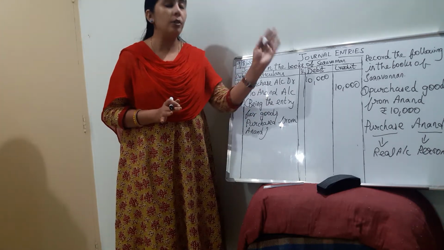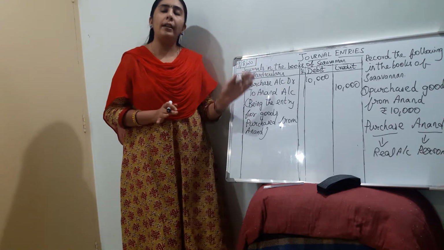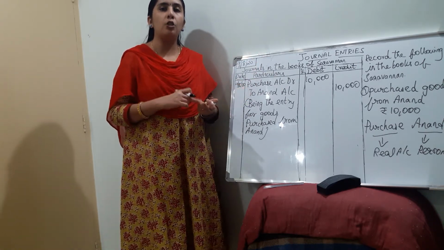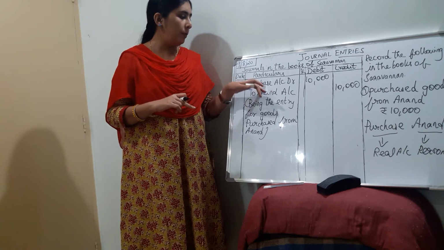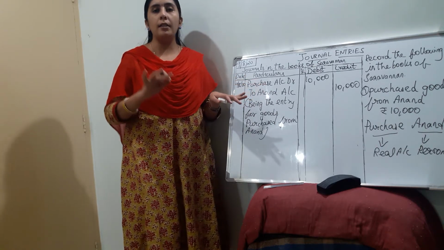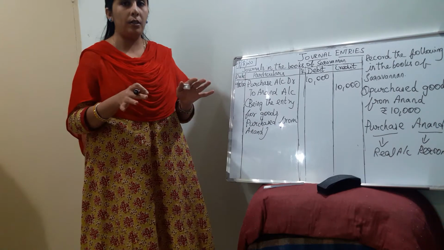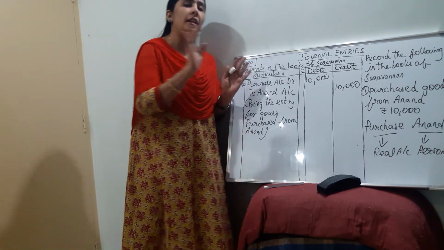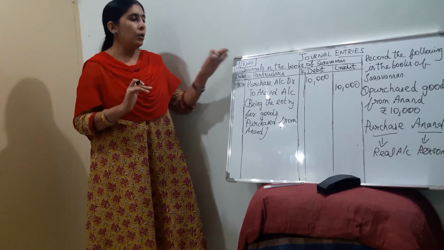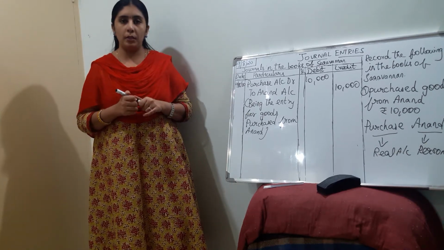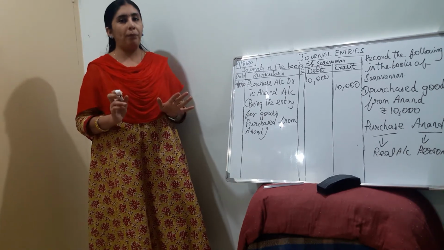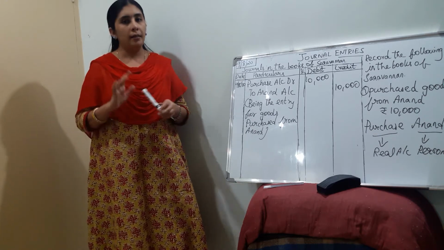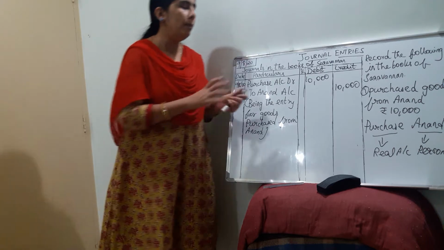As I have not mentioned what kind of purchase, I am just writing it as purchase account. If I am mentioning some machinery, furniture or some equipment, instead of purchase it will be written as equipment. That is the difference between mentioning a particular asset and just writing it as purchase. So this is about purchasing goods from a certain person on credit. You are purchasing from some person, that's why it is mentioned as credit. Fine, so this is about the purchase account.